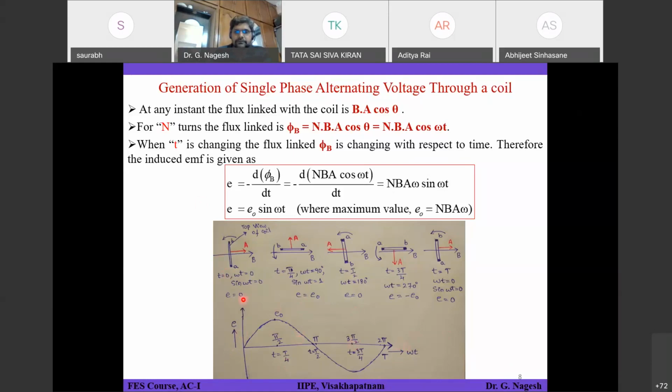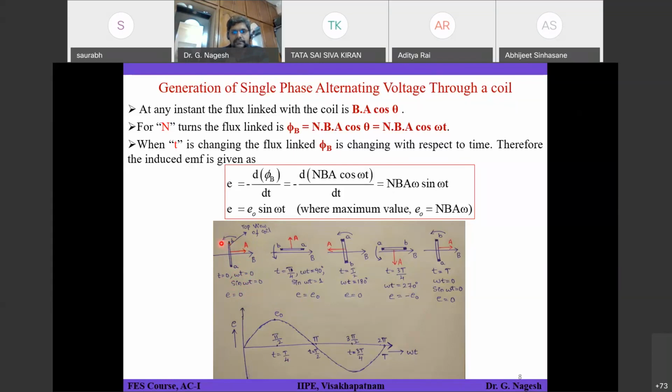Right. So quickly we'll go through this. At time t equal to 0, this is your flux B vector flowing from left to right, and this is your coil which is rotating in anti-clockwise direction. This is the top view basically. We are seeing from the top. Okay, A is a conductor standing here and B is a conductor standing here. At the instant when the normal drawn to the plane of the coil and the flux density vector B are in phase, omega t is equal to 0. That means theta is equal to 0. So sine omega t is equal to 0, so E is equal to 0.